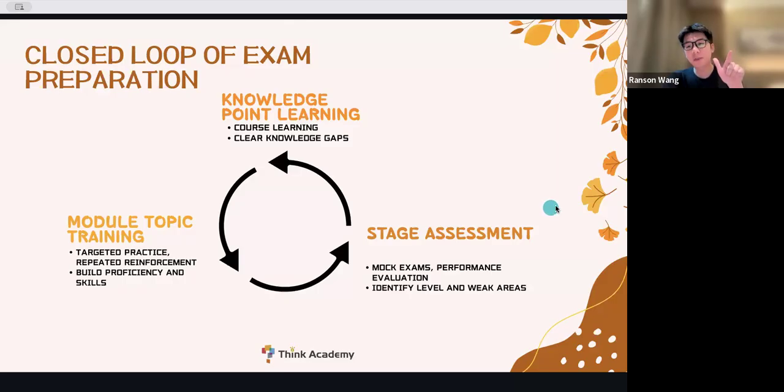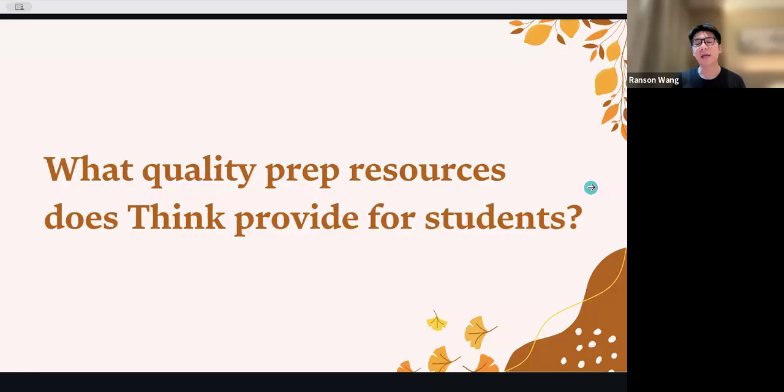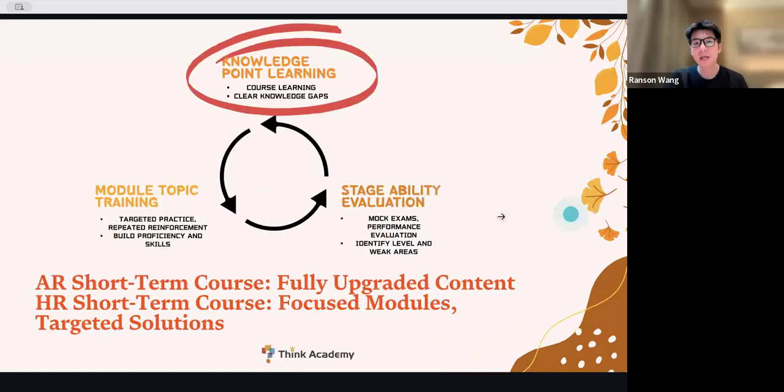After forming this learning loop, if you can form it by yourself, that's all good. But if you cannot, what are the quality prep resources that Think Academy provides for the students? First of all, for the knowledge point learning, right now Think Academy is providing some short-term classes for you. Okay, so be careful. This type of short-term classes is